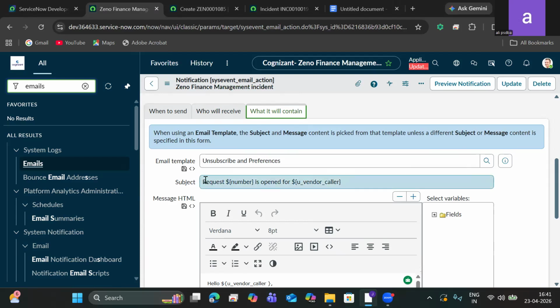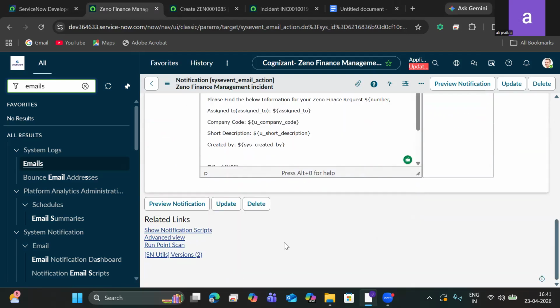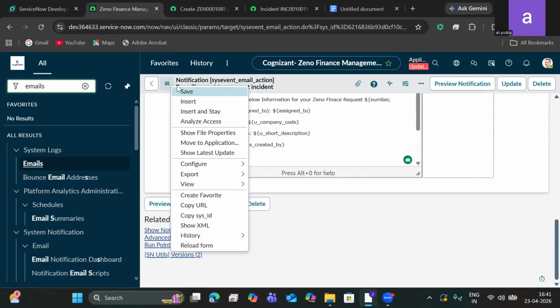So I selected request is open. Whichever incident number I mentioned, and the vendor caller name I mentioned, we are passing through the dollar sign with curly braces only. So we will get that particular name and the requesting process, all of it will come like that. You will see after that, so here after saving it,